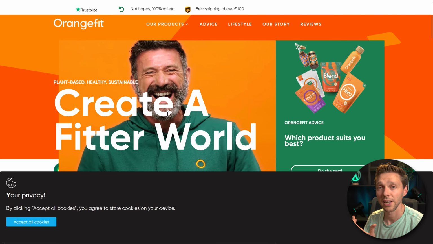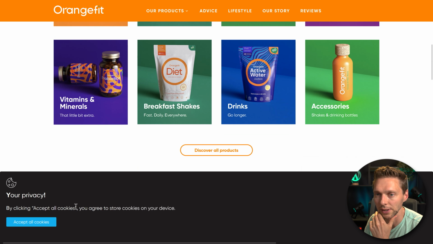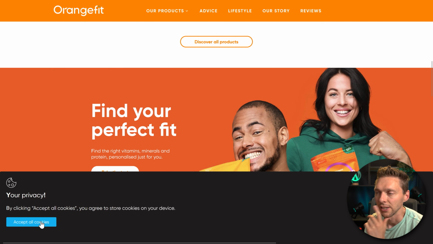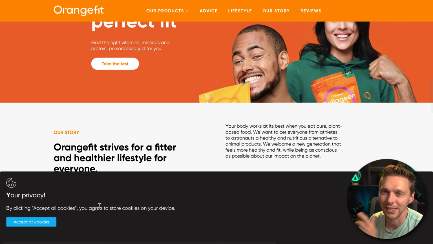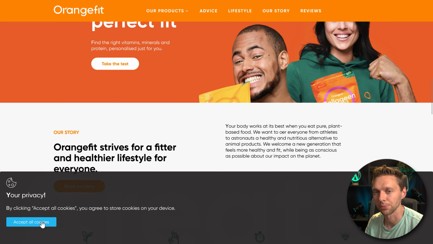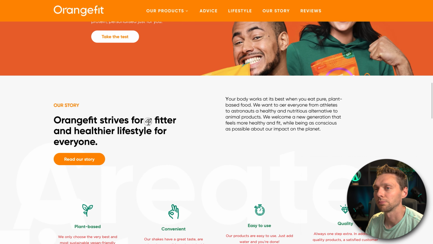So this is how it looks now. It has a full width privacy notice. You agree to store cookies on your device. You cannot decline it, and it's not even legal because right now you've already stored my cookies on your website, whether you accept it or not. So yeah, you might use it, but you might not use it.